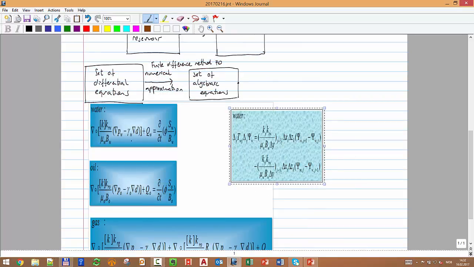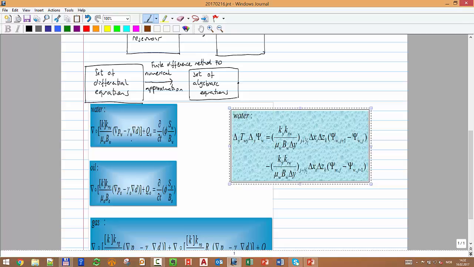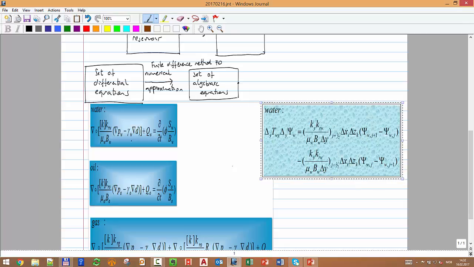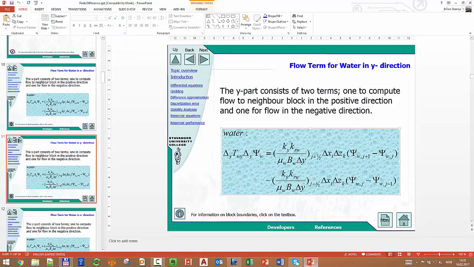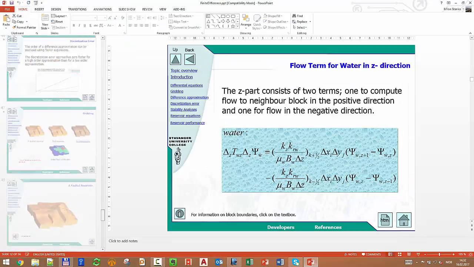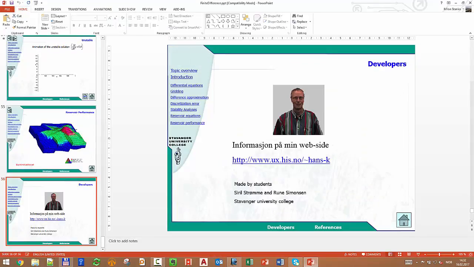They really wanted to make sure that water is water, that those equations are for water. Just to make a proper reference, I found this on a web, but this is from Stavanger University College. I tried to visit the website, I think they changed the link, but the presentation was made by Cyril and Rune Simonsen, just if you want